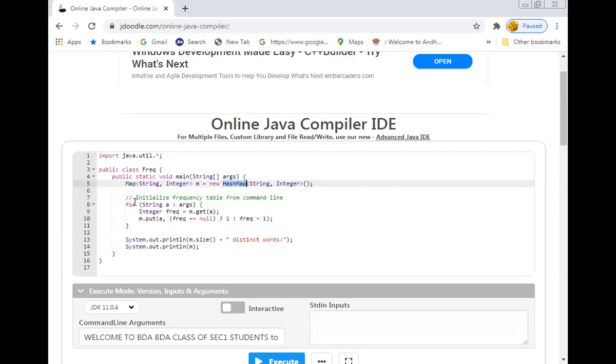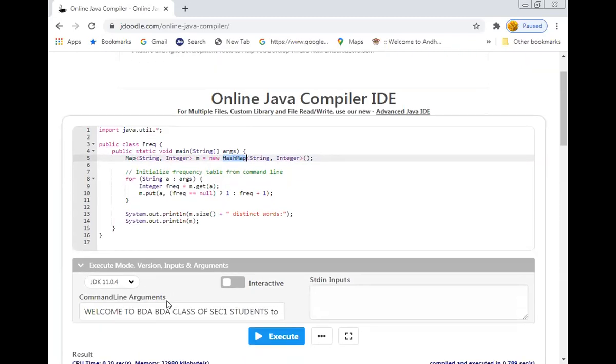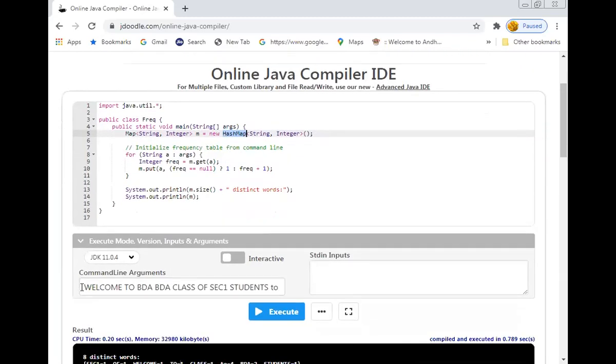Right. So here String[] args means command line arguments, where you can supply input. In the command line arguments, I gave the statement as welcome to BDA class of section 1 students 2. This is the argument which I supplied through command line arguments.